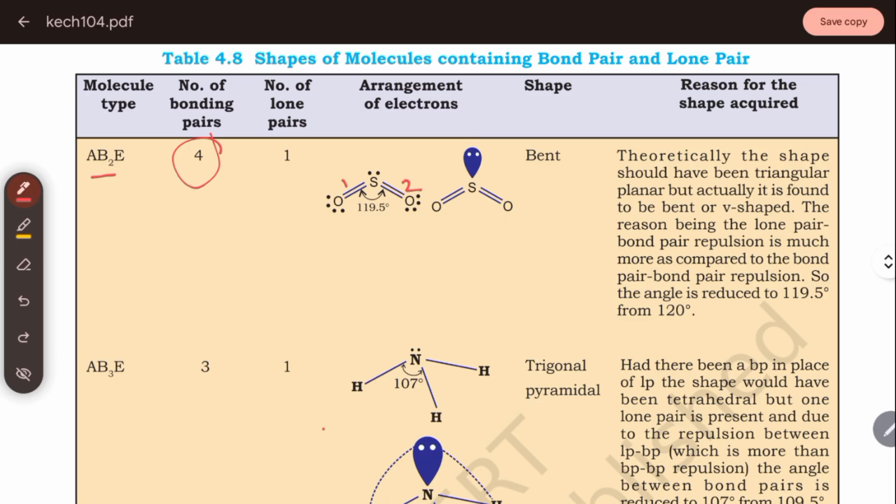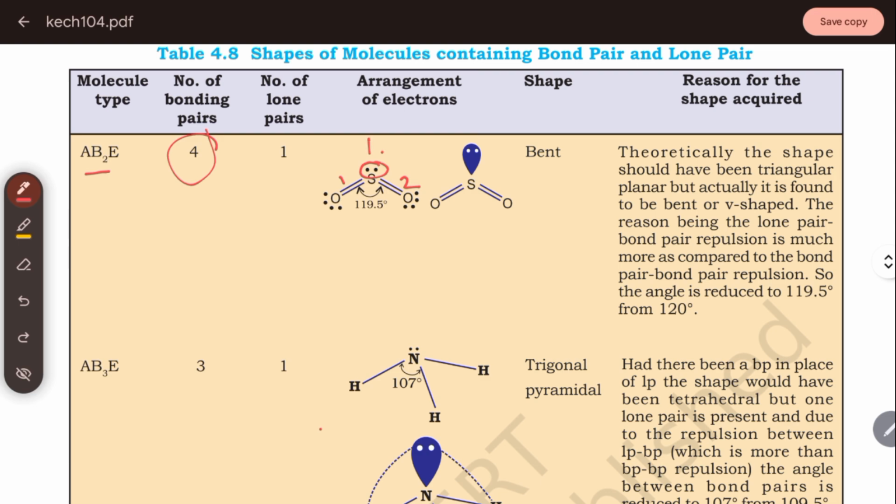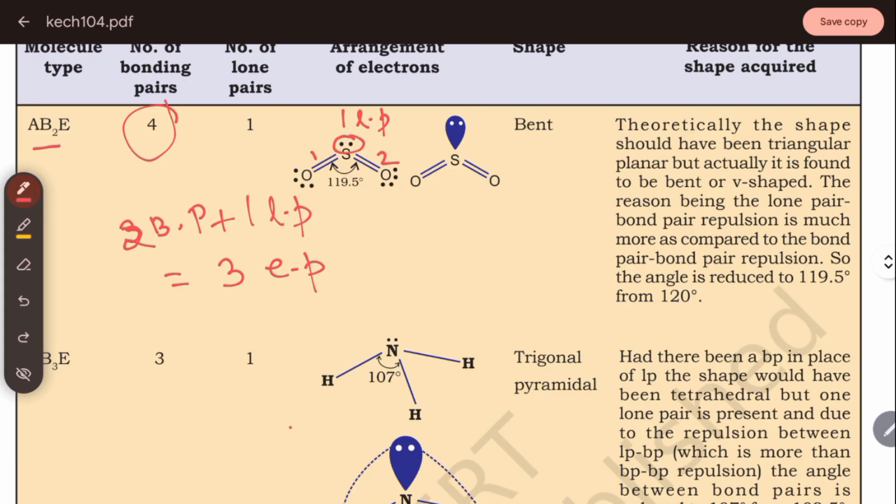So 2 bond pairs and 1 lone pair. Sorry, it is 2 bond pairs and one lone pair, which gives rise to 3 electron pairs,